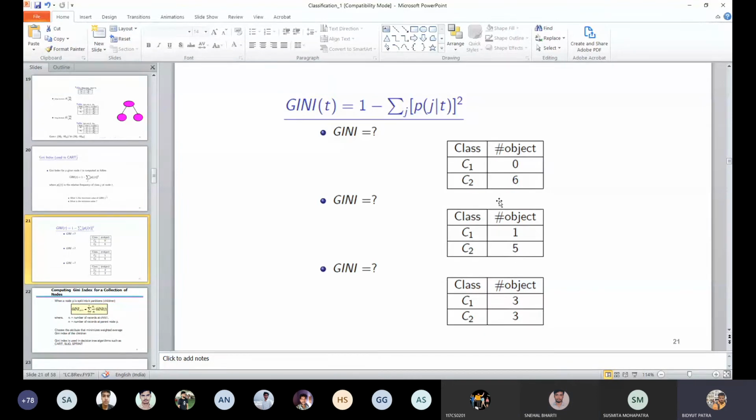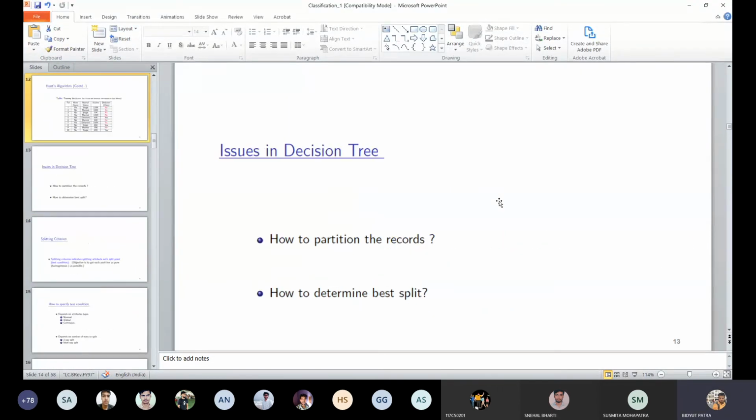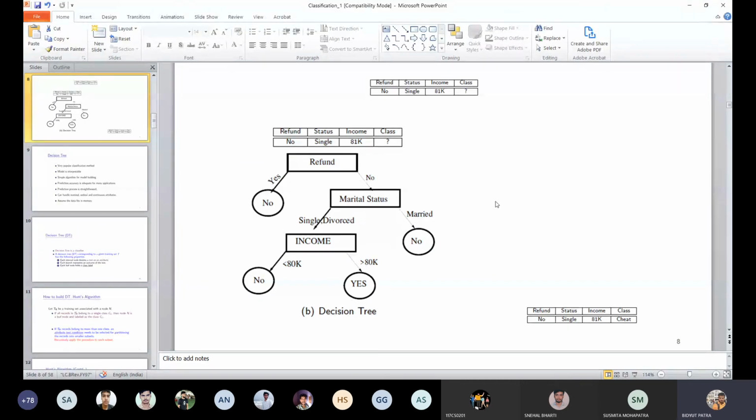So what is the task finally? Let's say we are not interested in purity or homogeneity. Then essentially we will get a decision tree where this node will be a mixture of records.